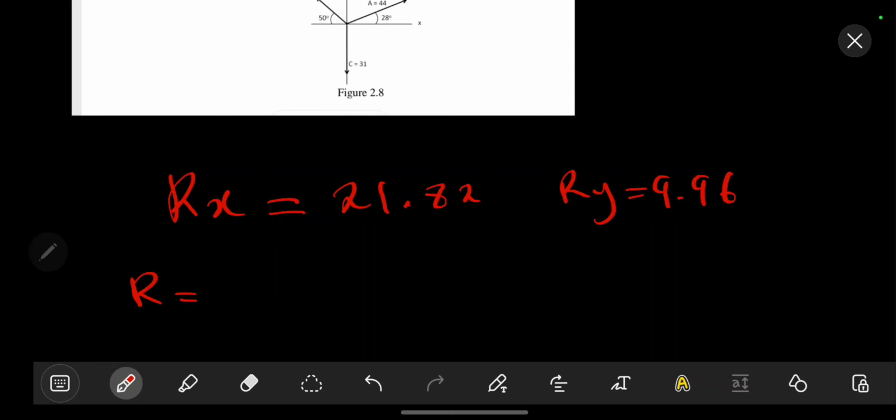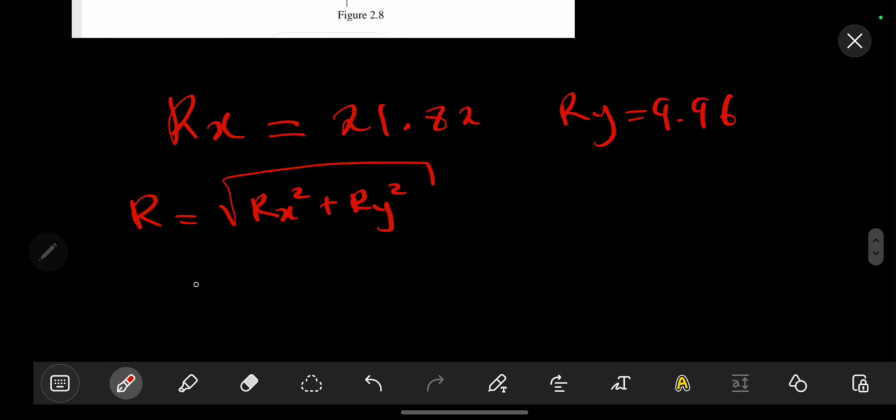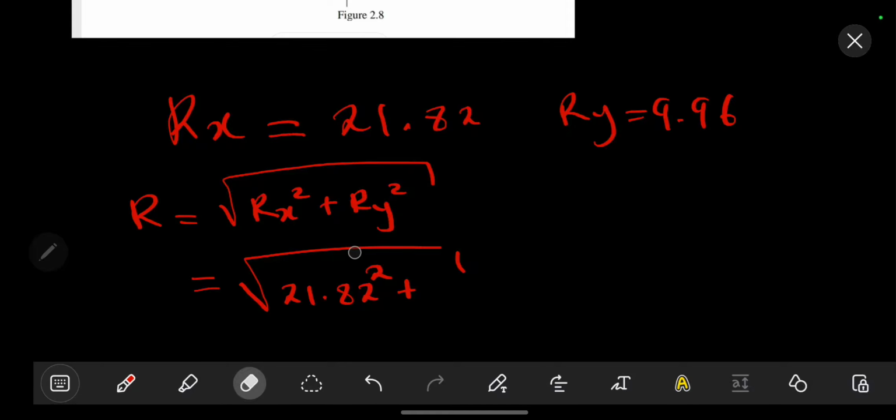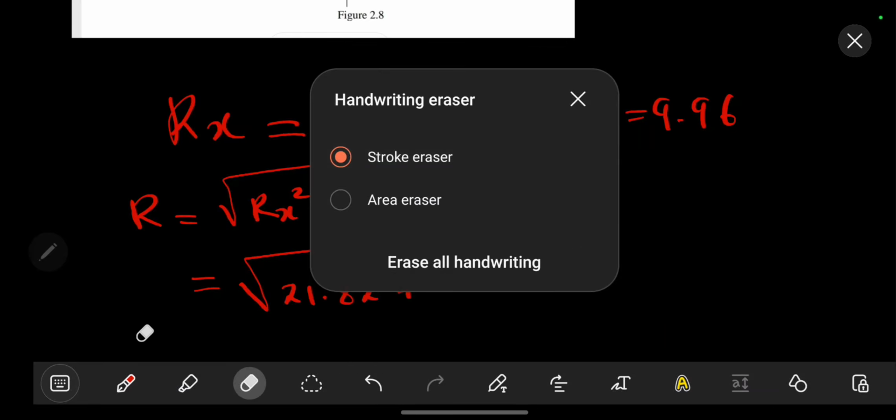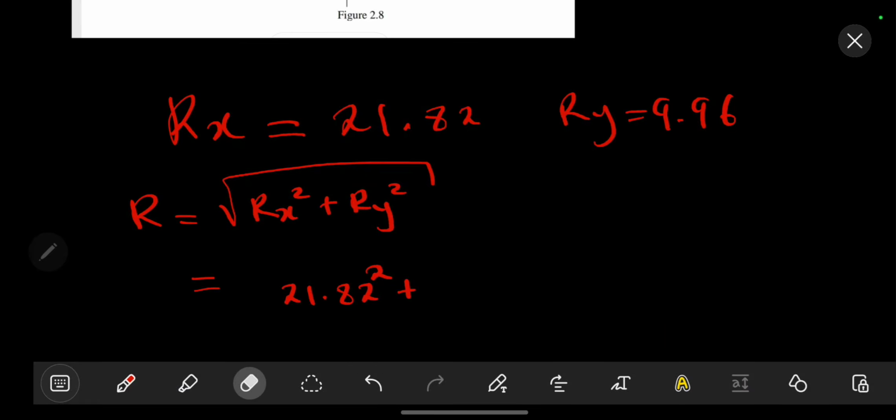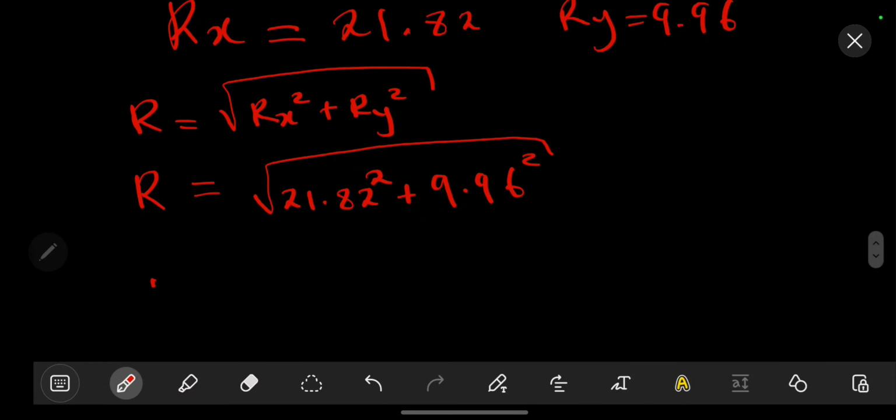So our R should be equal to the square root of our Rx squared plus our Ry squared, as I taught you. So we are going to say the square root of what is our Rx. Our Rx is 21.82. We square this, we add it to our 9.96, squared. We have now the square root like that. So our resultant will be equal to,